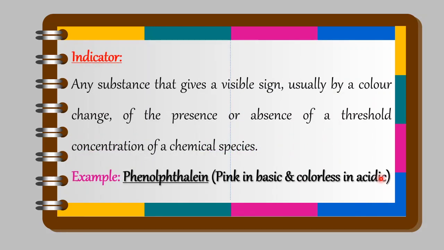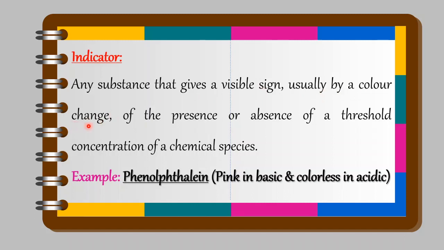Next to that, what is the meaning of indicator? Whenever you carry out a titration, you require a certain substance which will indicate to you that the titration is over. Like if I say that I'm carrying out a titration of benzoic acid against NaOH, NaOH will be filled in the burette, benzoic acid will be in the flask, and when I'm adding NaOH, I should know where I should stop. And that stopping point, I will say as the equivalence point, will be detected by the indicator. The indicator will show you a visible sign, usually a color change.